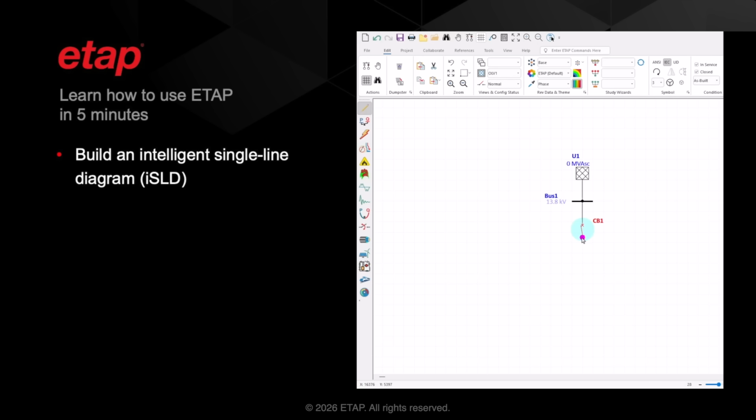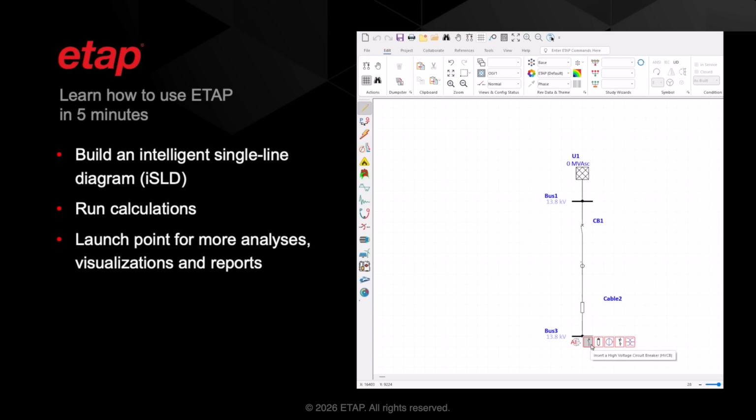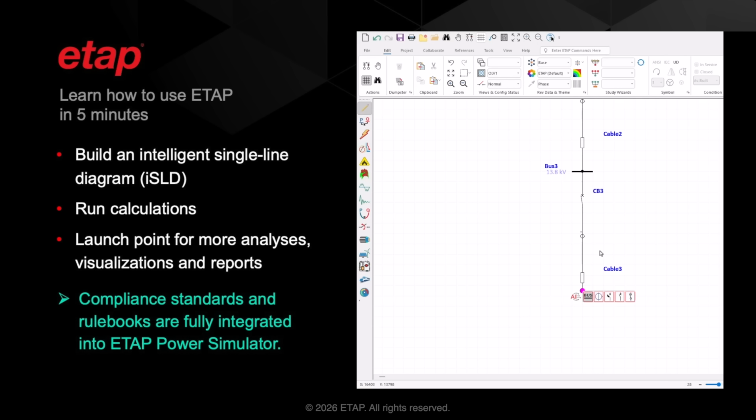So within just a few minutes, we've shown you how easy it is to build an intelligent single line diagram and run the calculations with ETAP, going all the way from load flow to short circuit to protection to ArcFlash. This could be your launching point for many other ways to examine and use the model. A wide array of specialized analysis methods, revealing visualizations and reports, compliance standards, and rulebooks are fully integrated into the